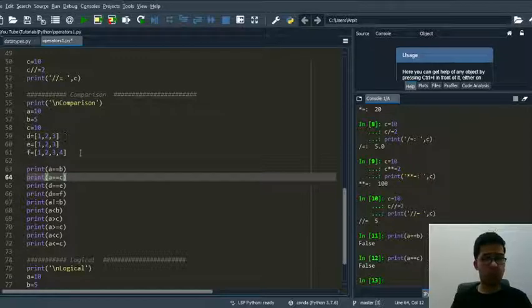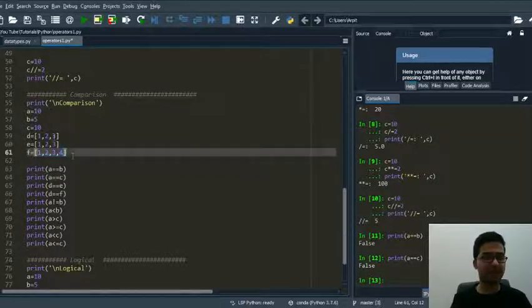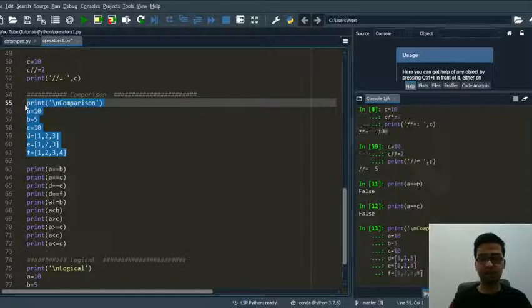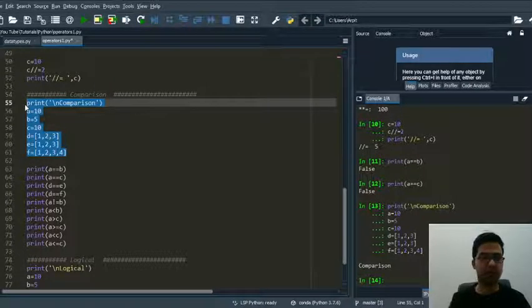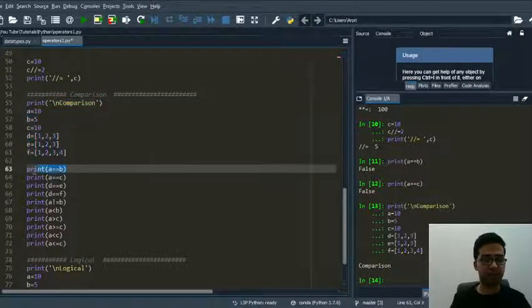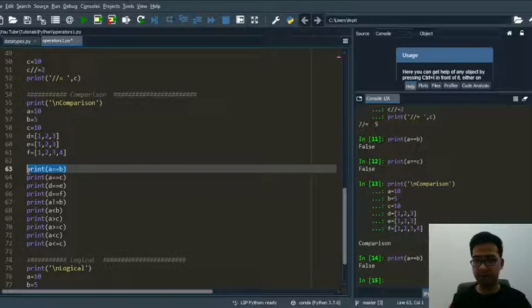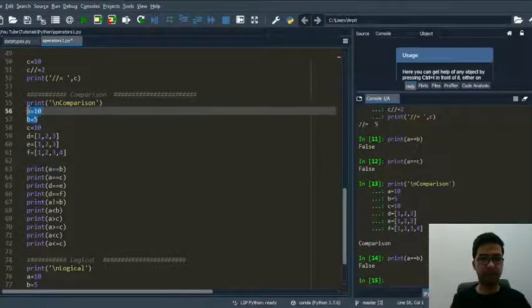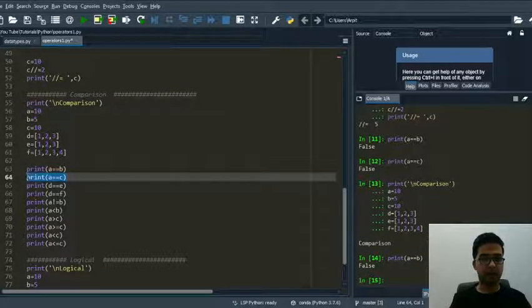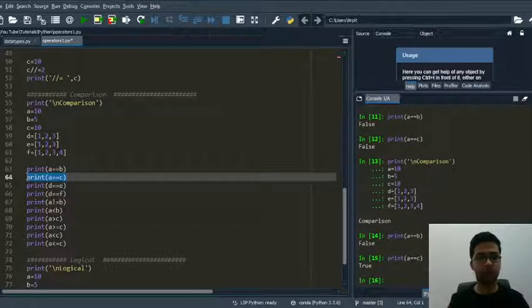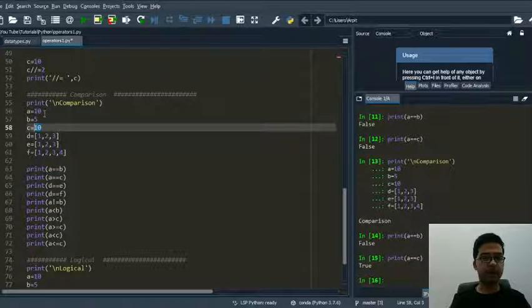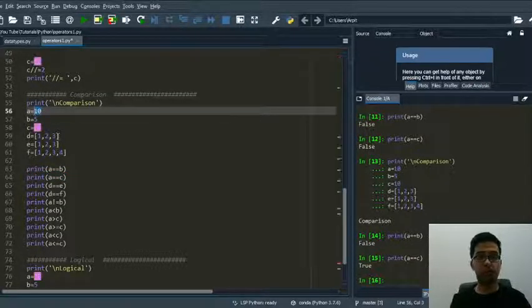Guys, yes, this is my mistake. I have not run this piece of code, that's why it was giving the issue. So if I run this again, F9, it is giving us false for 10 and 5, which are not same, and second true, because 10 and 10 are same.